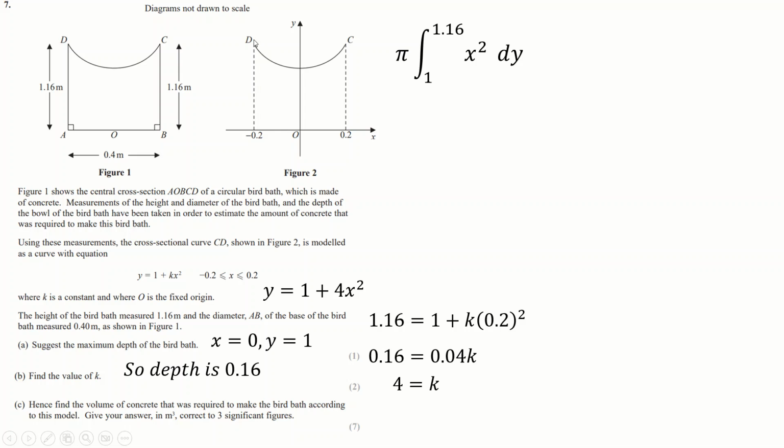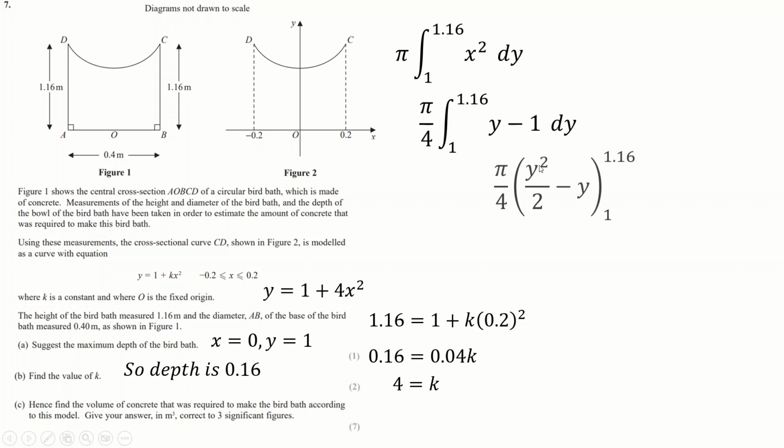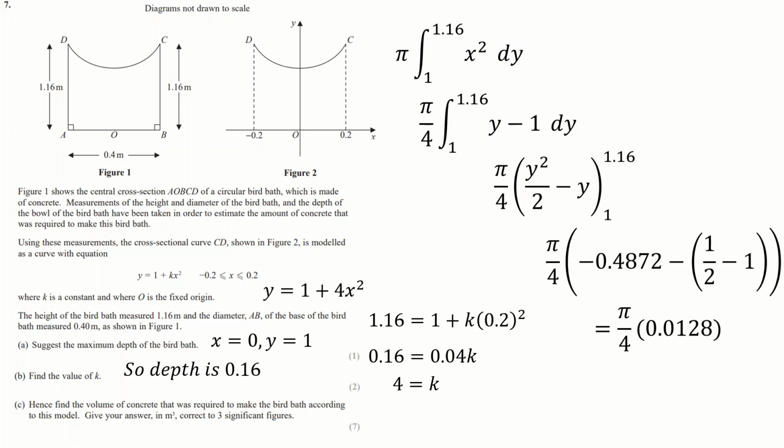And then what I'll do is I'll find the area of the entire thing here and just take it away. Now x squared I can just very quickly arrange as (y minus 1) over 4. I can bring the 4 out, so I don't care about that. Do the integration here, it's very straightforward, so we'll just skip through it very quickly, and we'll get some decimal. And now that's this area in here, the 3D area in here. It's not the area below it,